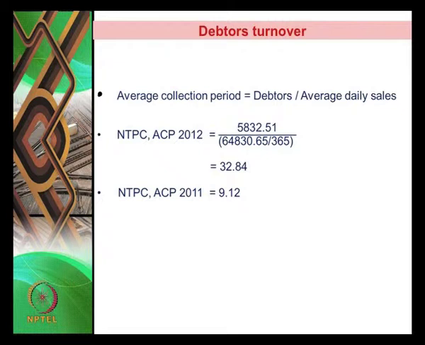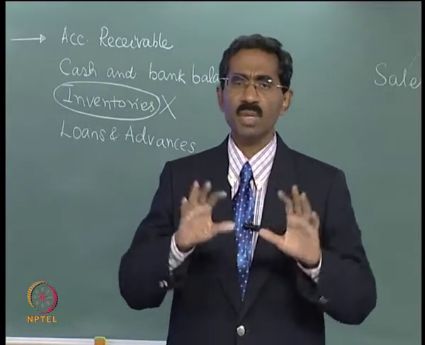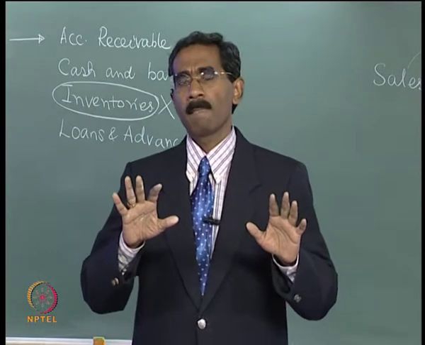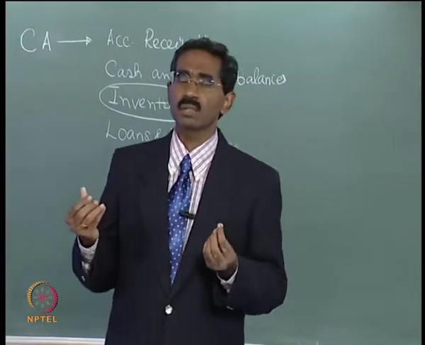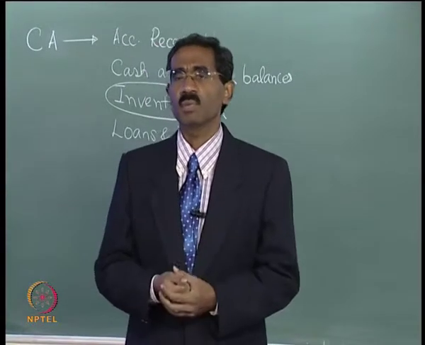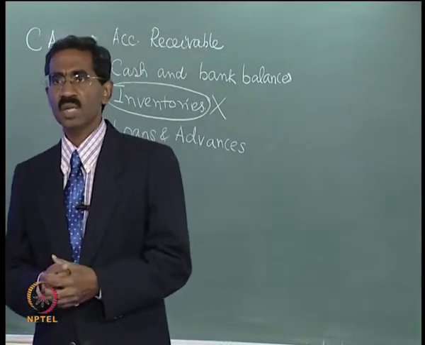So let us look at the average collection period for 2012. We have debtors which is 5832.51, and then it has to be divided by the average daily sales. Average daily sales is nothing but the total sales for the year divided by 365. We simply assume that a sale per day can be easily found out by the total sales divided by the number of days in a year. So average daily sales will be